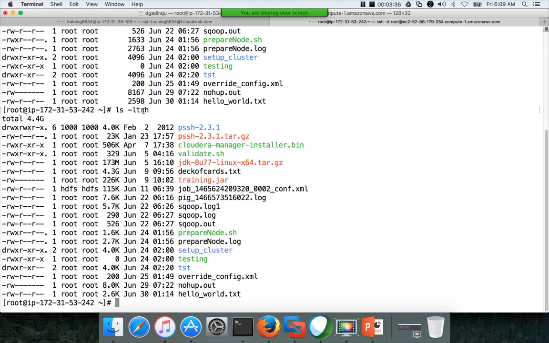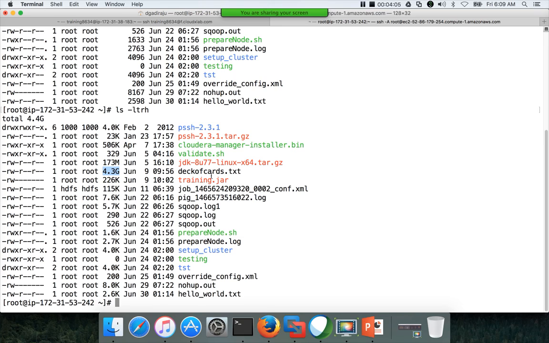H stands for human readable, and this can be used in multiple commands, not only with ls. For most of the Linux commands, when you use h as one of the control arguments using a hyphen, wherever the size is in context, it will generate it in readable format rather than in bytes.